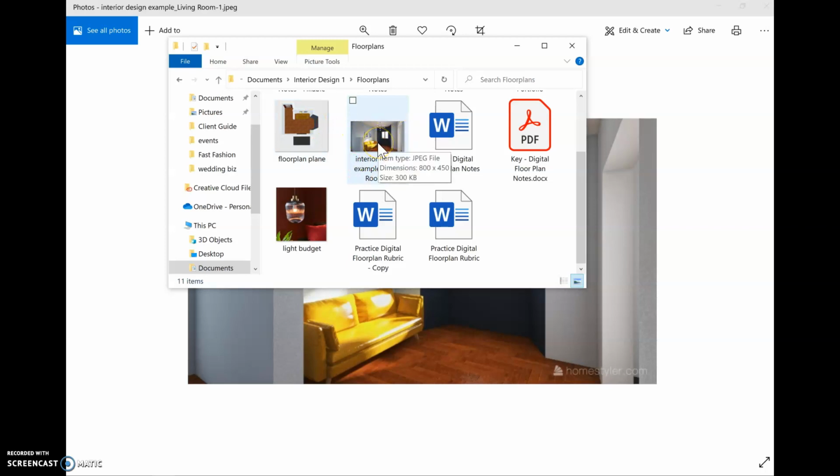So for the assignment, you might need more than one rendering angle. So make sure you're saving everything in the same place so that maybe you need to put this into a PowerPoint. You can go straight into your interior design 1 folder, floor plans, and then find those images to put into your PowerPoint and design whatever it is you need to do. So that's just a little bit about the program, how we export, how we take pictures using our snipping tool, how we